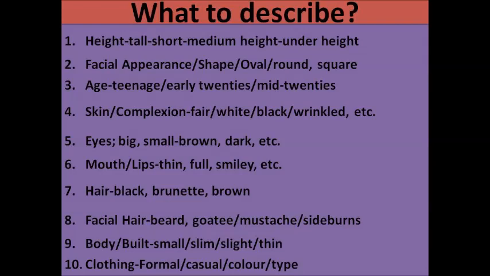Here it talks about weight or how well built a person is, or how a person is built. Next is clothing. This is not the physical appearance, this is the outer appearance, right? But though this is outer appearance, we need to talk about the clothing also. It may help the police to find out the criminal. Formal, casual, and we need to talk about the collar or its type. So for example,